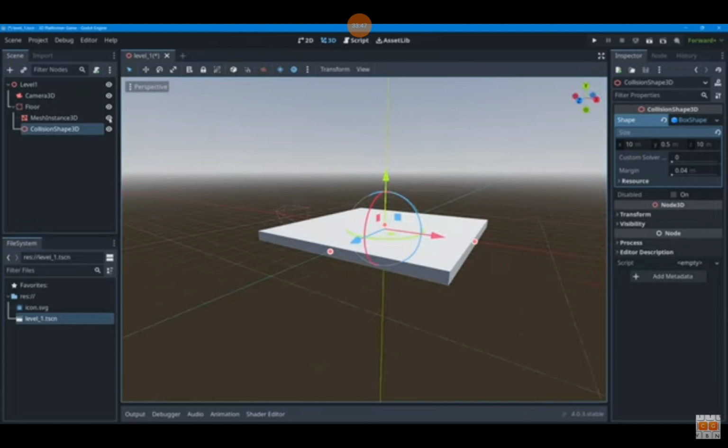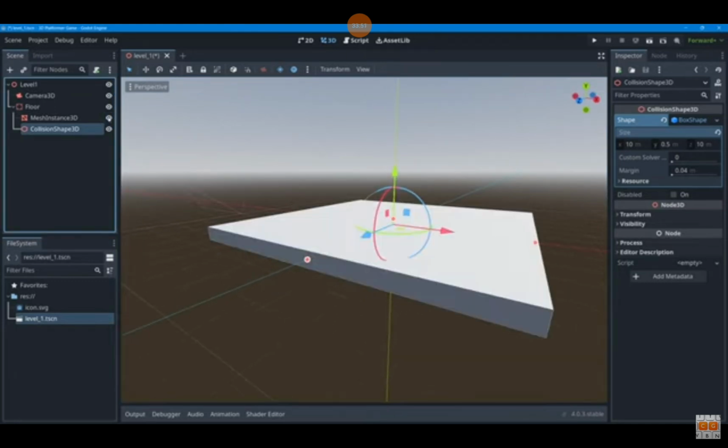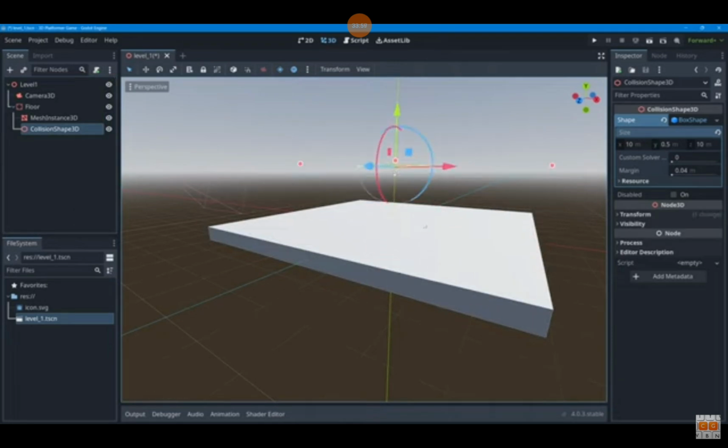I can go ahead and hide the mesh to just see the collision shape, and hopefully if I show and hide it, I can see that they're exactly the same size and in the exact same position. By the way, if you accidentally move your collision shape up or your mesh in some weird position,